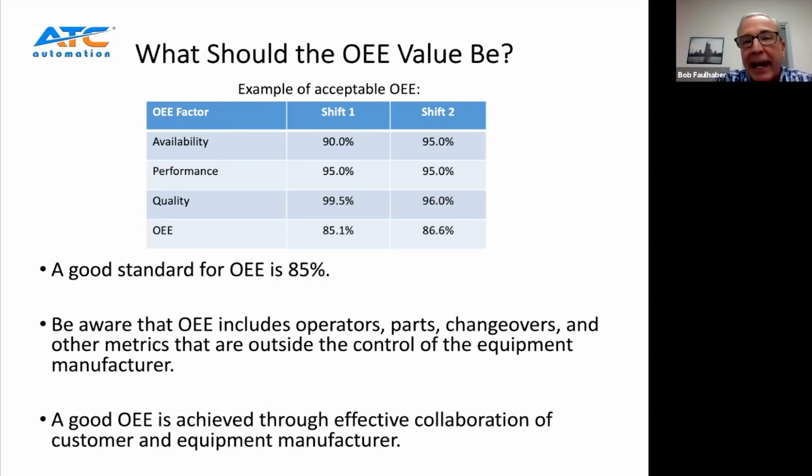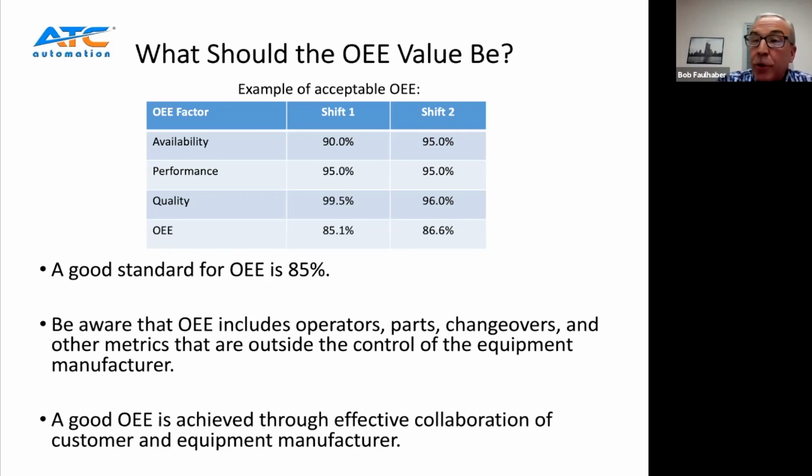So even though we have values for each individual measure in the low to mid 90s, that OEE calculation, after we multiply them by one another, is now only 85%. So that's why we see a number like 85% when we're running specific individual values much higher than that. It's because they interrelate with one another.